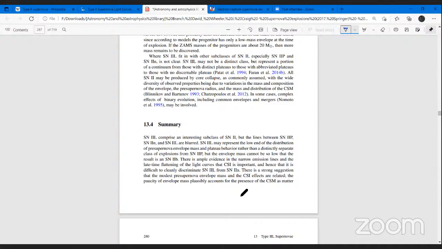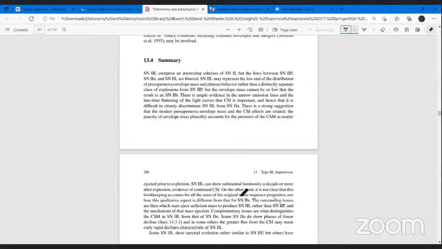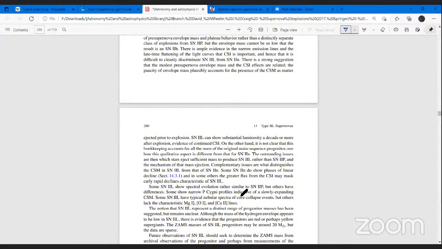So there is a strong suggestion that the pre-supernova envelope mass and circumstellar interaction effects are related. The scarcity of envelope mass accounts for the presence of the circumstellar matter as matter ejected prior to explosion. Type 2L can show substantial luminosity a decade or more after explosion, which is actually evidence of continued circumstellar